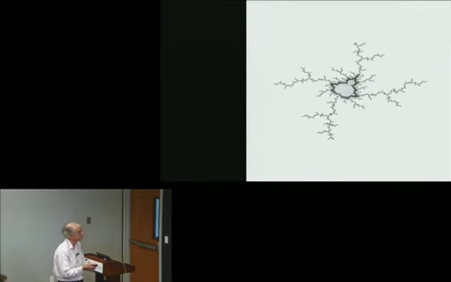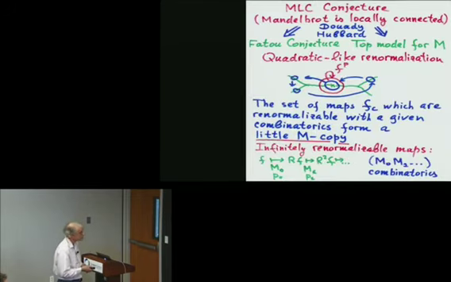This environment is some part of the Mandelbrot set, and it is just some random copy. You see that it looks exactly like the original Mandelbrot set. And it is exactly the set: the parameters inside of this copy are exactly the maps which are renormalizable in this quadratic-like sense with certain combinatorics, with certain period. So now this gives an understanding of where to look for once-renormalizable maps. Once-renormalizable maps correspond to little copies of the Mandelbrot set.